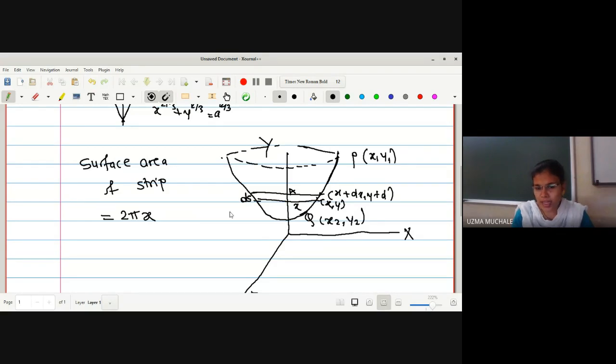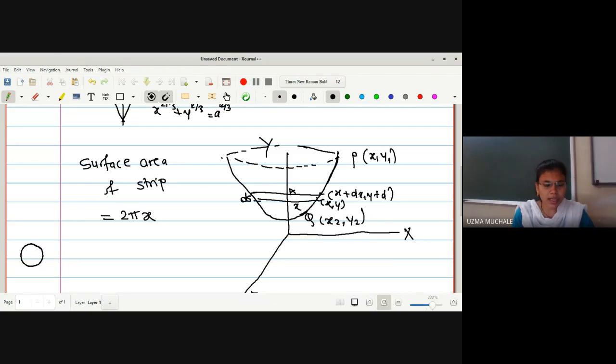Okay. Why have I taken x? Because x is not fixed. If you are here, the value of x will be different. If you are here, the value of x will be different. So r is a radius which is fixed. But instead of taking r, I have taken 2 pi x, because if you consider these two neighboring points, at that time the value of x may be different. Okay. So this is 2 pi r.